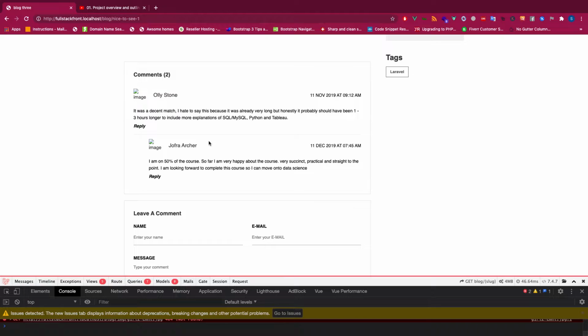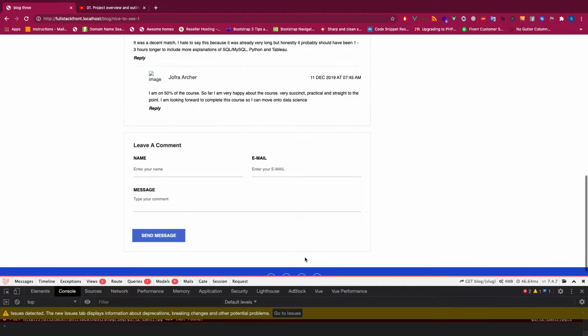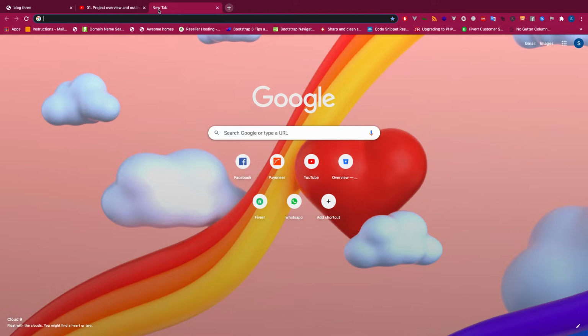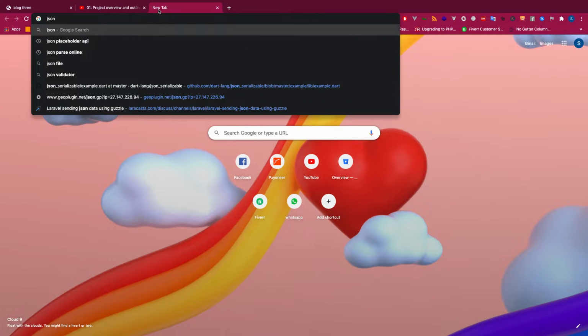Perfect. So that's it. So this is the commenting, and what you can do is make it logical, completely depending on how you want to do it. Since all the form and everything is actually happening in Vue.js, you can do it all by yourself. So what I will be trying to do is check whether the